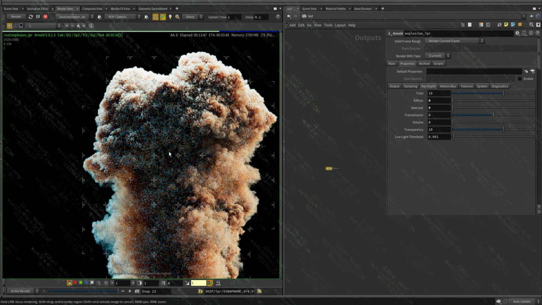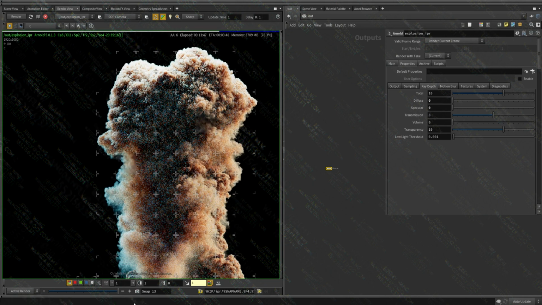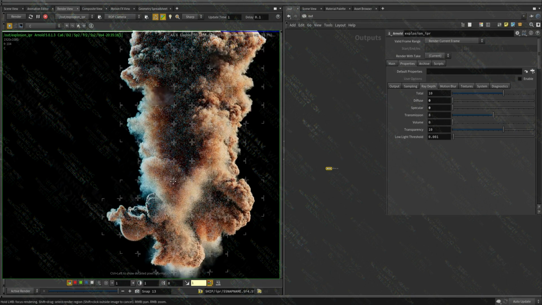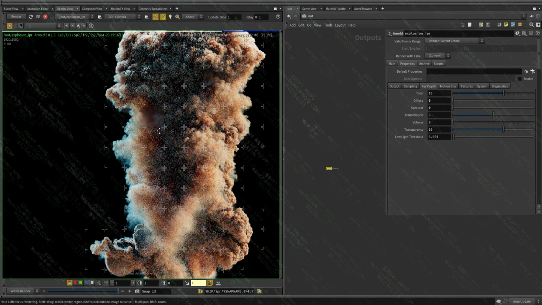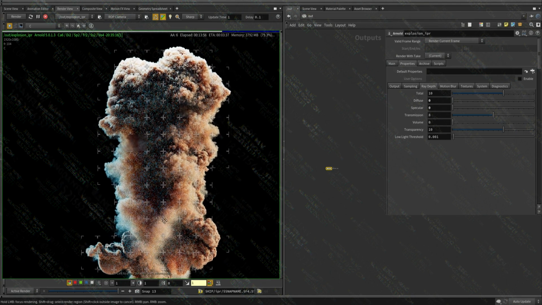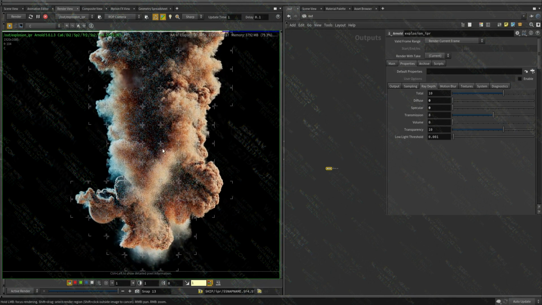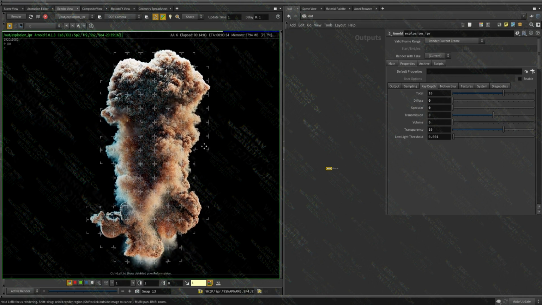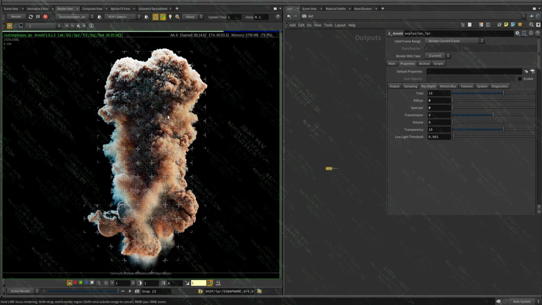You can see already the buckets are starting to finish, but we're losing the indirect volume. It will definitely be maybe 4 or 5 times faster than the previous one. So I'll give it a few more seconds. The indirect illumination is required when you have a fire and you need the scattering or the illumination of the fire to bleed into the volume. You have to use indirect.